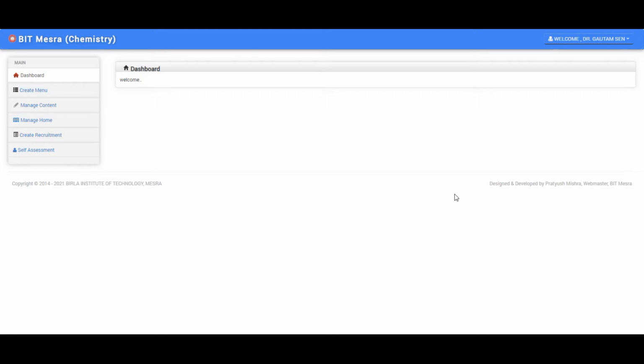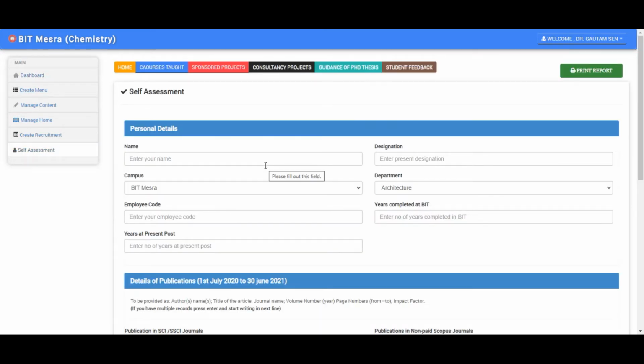This is your dashboard, and in your dashboard there is a link, self-assessment. Just click on this. This portal is meant to feed the data that the faculty affairs department asks for, and this time you have to fill the data between 1st of July 2020 to 30th of June 2021. These are the tabs you have to go through and fill the data accordingly, and just enter your name,